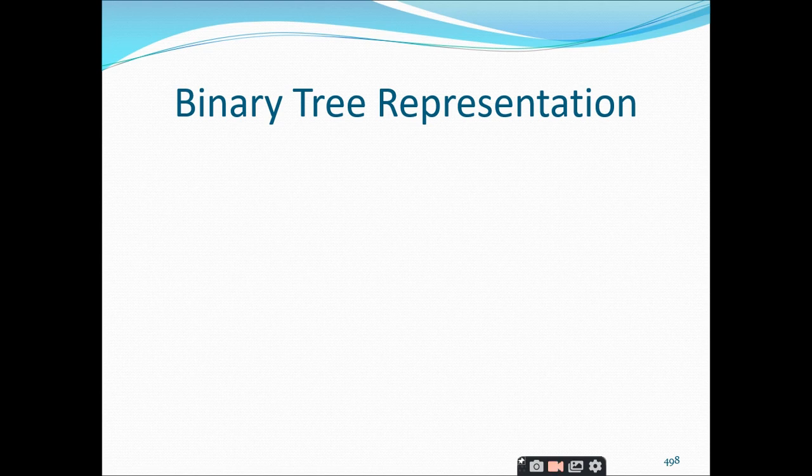In today's session, we are going to deal with some of the topics related to the trees concept. First thing is we are going to discuss the binary tree representations, which is a simple topic and which is important from the examination point of view also. After completing the discussion on this binary tree representations, we will go through the discussions on the expression trees.